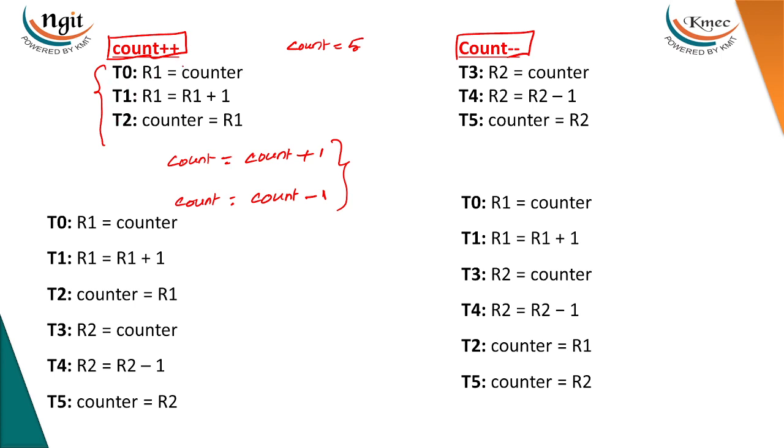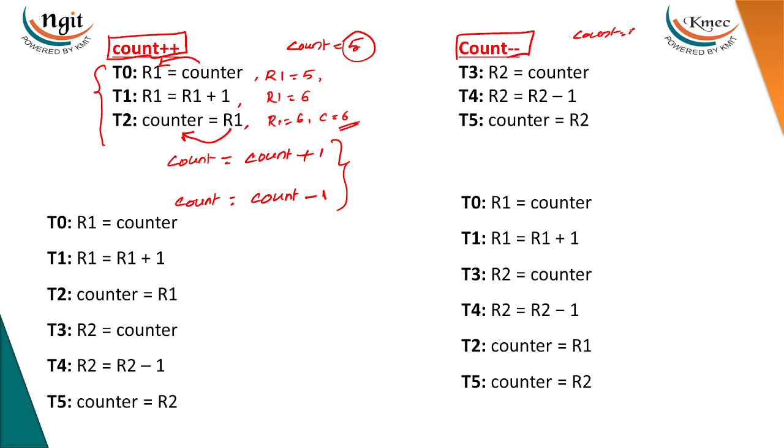That is, at t0, first we move the initial value of count to r1, so that r1 equals 5. Then we increment the value of r1, so r1 becomes 6. Now we copy the modified value of r1 to count, so that r1 equals 6 and count is also changed to 6. Similarly here also, if count value equals 5,